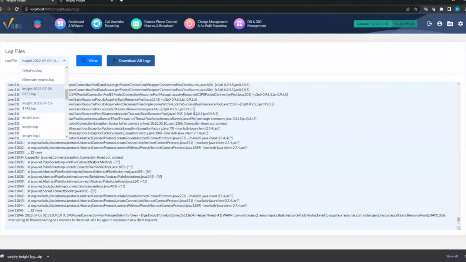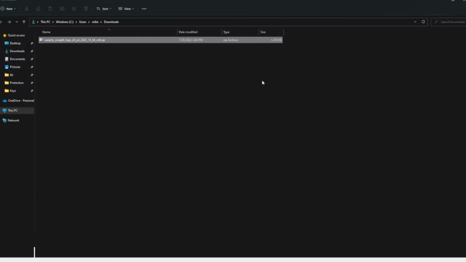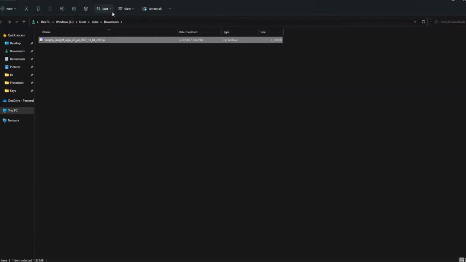Okay, so we'll go through a quick overview. I won't go through every log. I'll actually show you through the zip file. If you download all the logs, and in many cases you can do that, and you're working with one of us, if you open a ticket or we're troubleshooting, many times instead of going back and forth through email, we'll just say, hey, send us a copy of the logs. And the logs will tell us what's going on in the software.